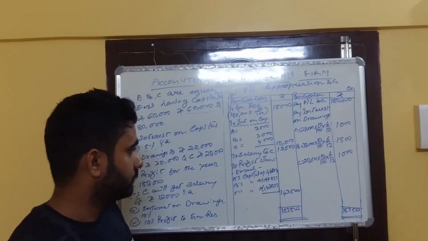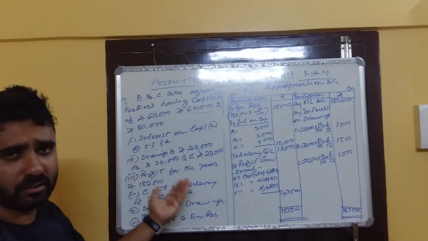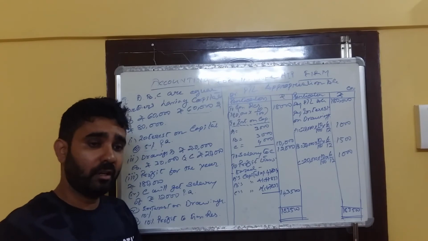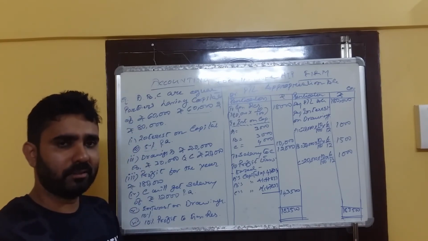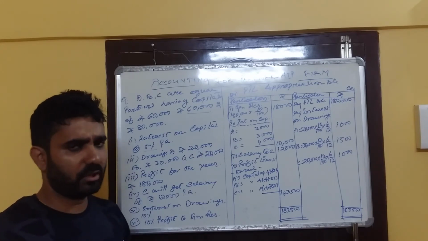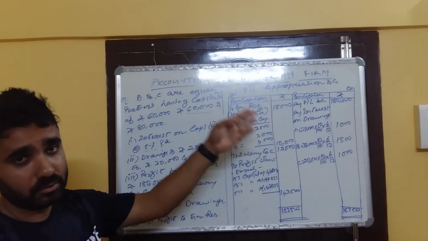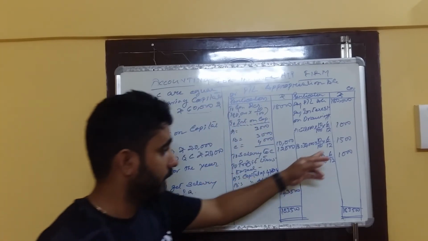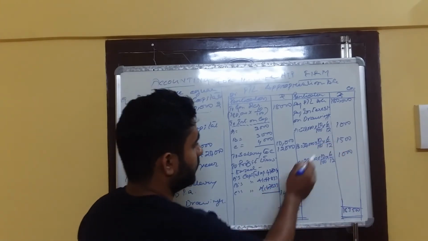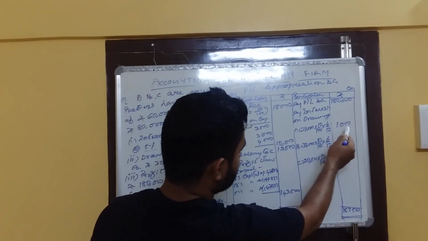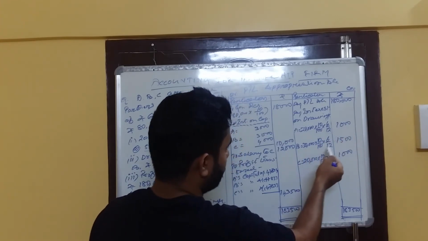Make it clear. B has withdrawn 30,000, 10 by 100. Saying again, 30,000 means B has withdrawn 30,000 in total. Nothing is mentioned about when B has withdrawn. Maybe some amount in January, some in February, some in March, like this. In a whole year, B has withdrawn 30,000. So in this case also, you have to take the average month as 6 months. After calculating this, I got 1,000 for A as interest on drawings, and for B, 30,000 at 6 months, I am getting 1,500.